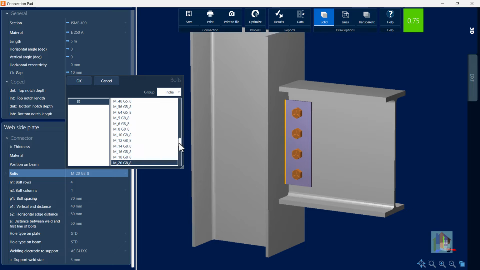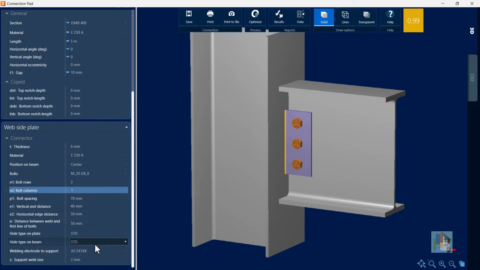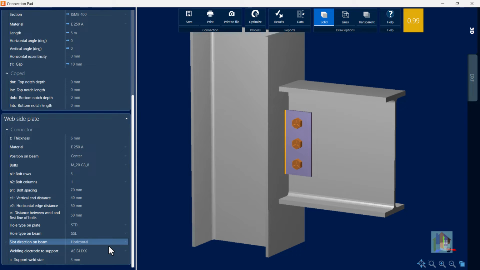Standard bolts from Indian database are listed here. We can select from other country as well or add a custom bolt which is project specific. Change the number of bolts in a row and number of column. We can also change the pitch or the standard bolt hole to oversized or slotted hole in horizontal or vertical direction. One thing to note, if we change any of this information, program instantly redesign the joint and report the